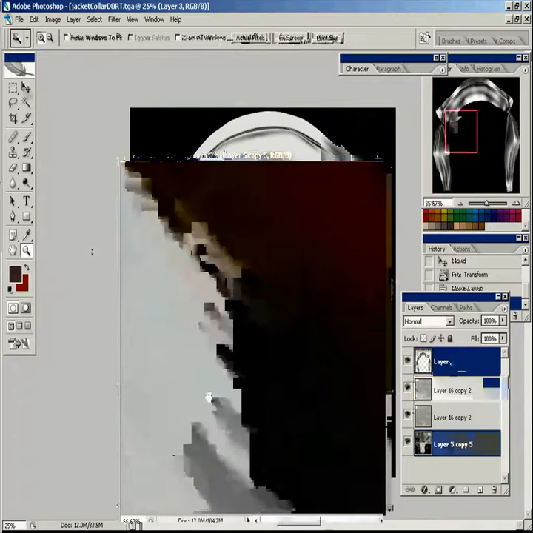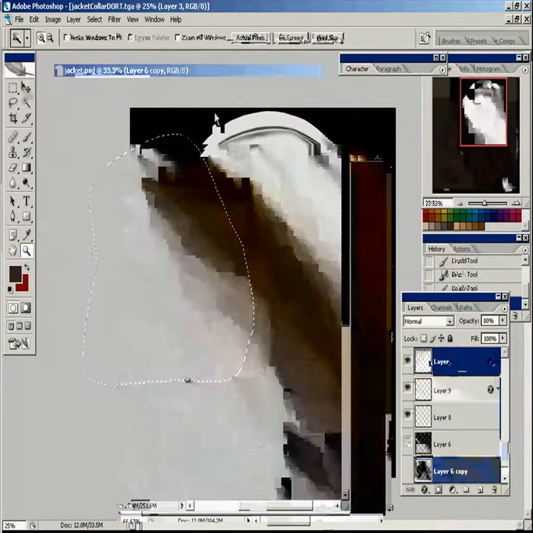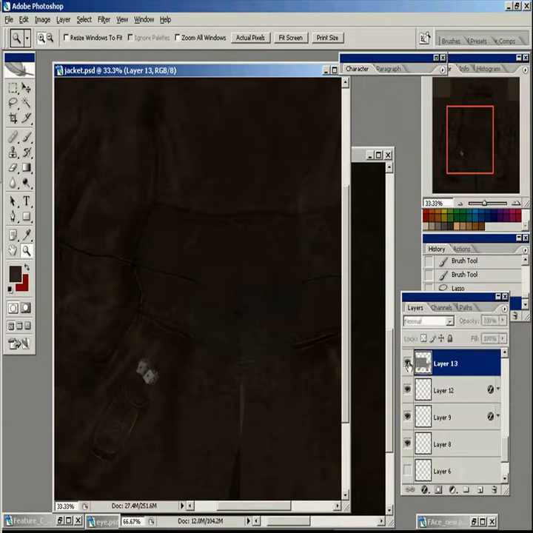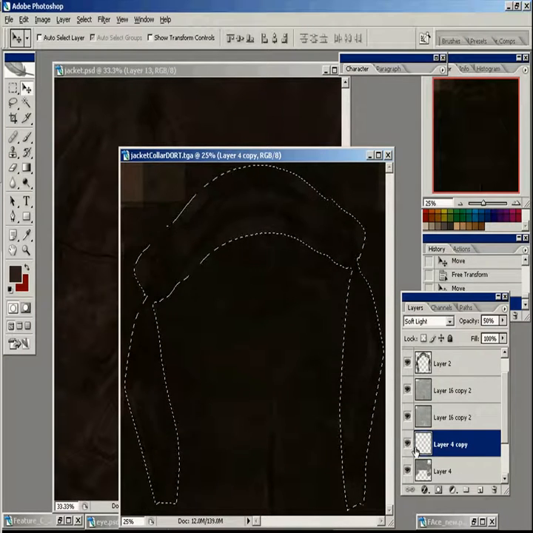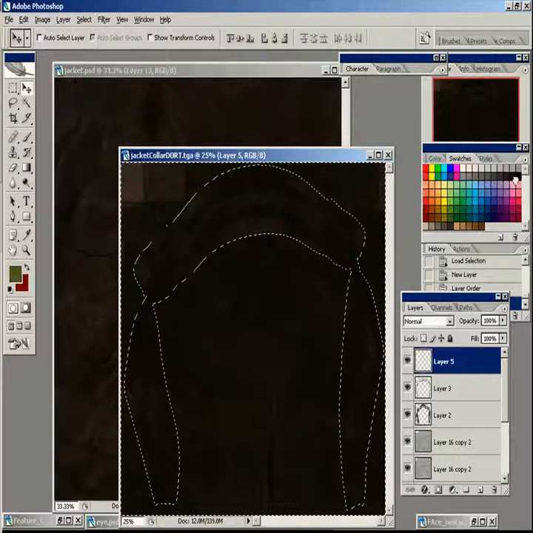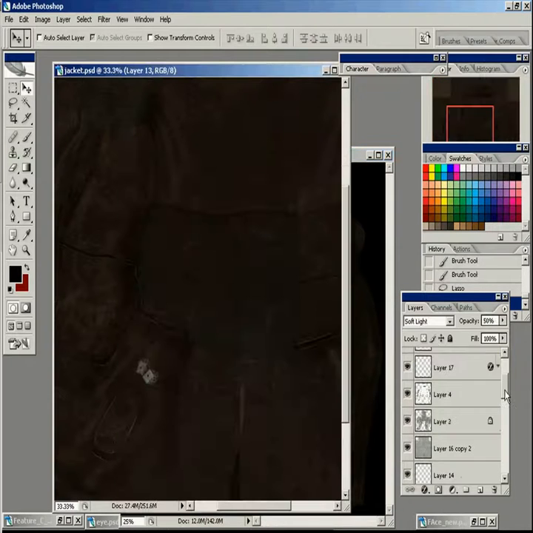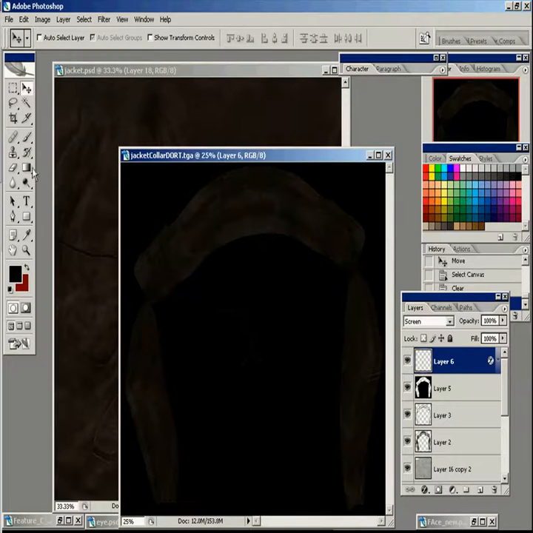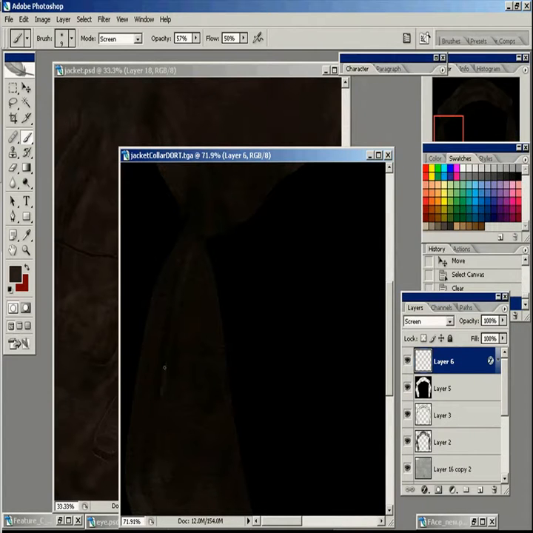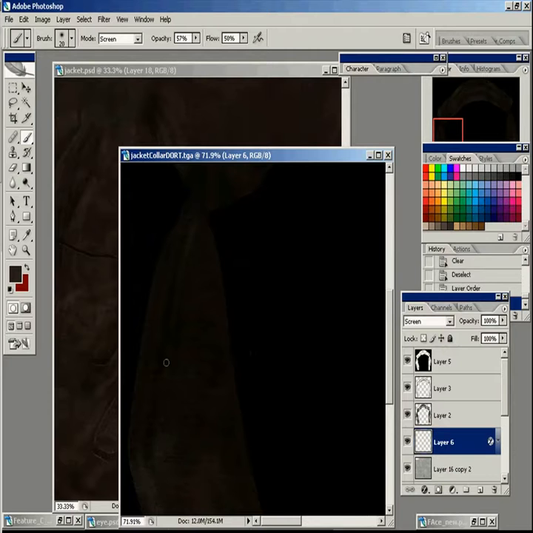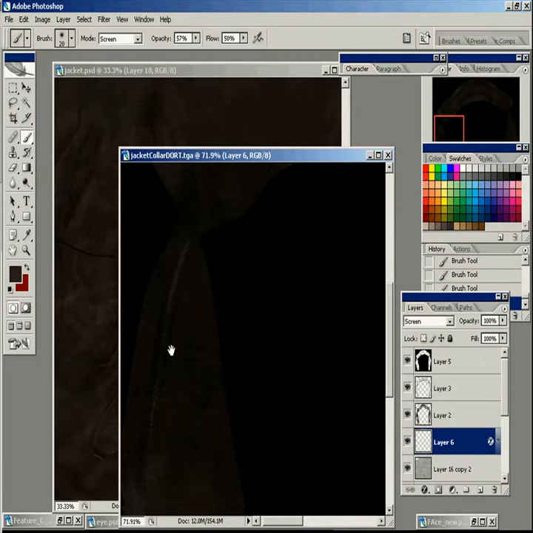Into place real quick. Gonna speed things up a little bit. We're just grabbing all the main stuff that actually made that jacket texture look like it does. We're getting pretty close to being done too. But we still have to bring out a few details. We want to paint the edges just like we did before. So I copied the layer style and brought it over here. Now I'm just